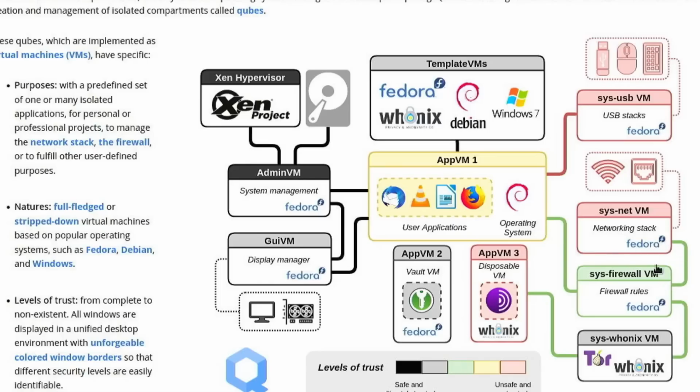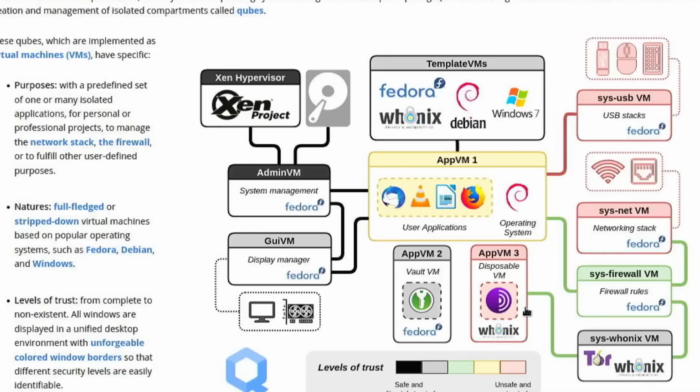And then your app VM, so like this would be personal, or same thing if you were to bring up a work VM, whatever, this is going to connect to that firewall. So there's two levels of separation here to connect to your network when it comes to a virtual machine. And then if you're running something in Whonix, there's even more.